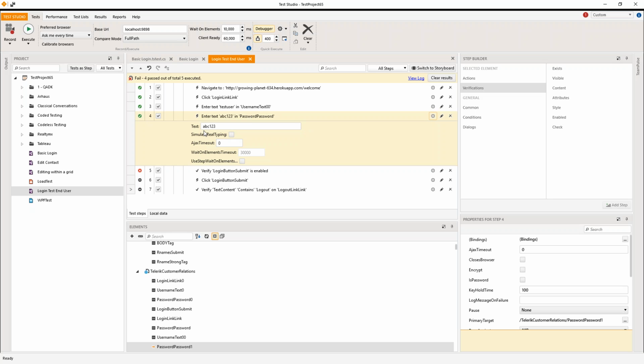And the case is that the login button remains disabled, which is telling me we're not interacting with the fields correctly. The first thing to try here is simulate real typing. Usually what this case is showing me is that there's a JavaScript handler there, and the JavaScript handler doesn't really see our type of DOM injection. And a DOM injection is essentially like taking this and copying and pasting it as one string into that field. Well, that doesn't activate the JavaScript handler. But if I was to type in each character like a real user, that should initiate that